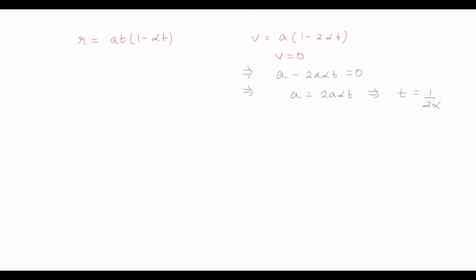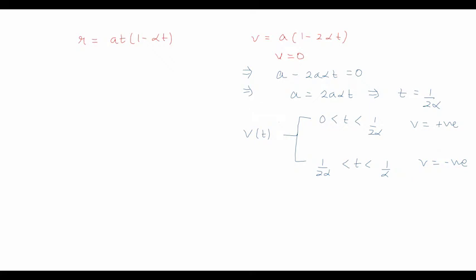So over here I can say that we can consider velocity in two ways as a function of time. One aspect is between t equals 0 to t equals 1 by 2 alpha, where velocity is positive and again becomes 0, and after which, from time 1 by 2 alpha to t equals 1 by alpha, the velocity is negative and the particle is coming back to its original position. So we can consider it in these two ways.